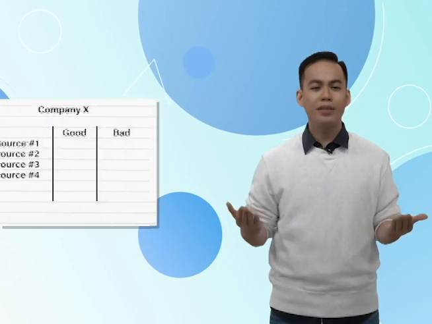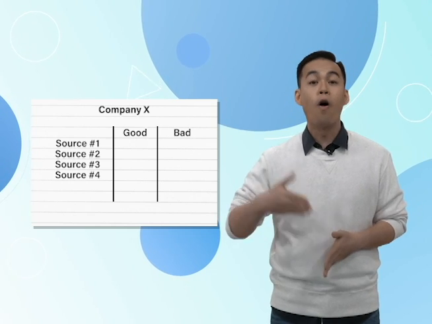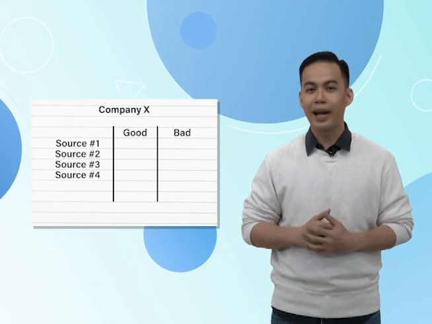Before you decide, let's look at the information shared. Separate them between what is good about the company and what is bad. You should have something that looks like this, either on paper or in your head. Now that you have your facts laid out, it makes it easier to make a decision. Practice doing this for decisions that you feel are not straightforward, and you will find it easier. Next, let's look at how to compare and contrast the information we have gathered.